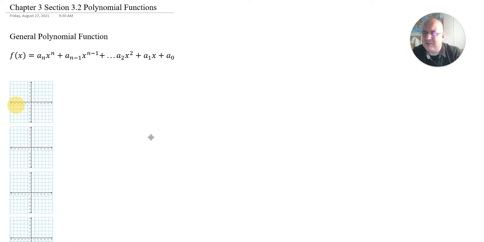This is Chapter 3, Section 2.1, Polynomial Functions. It's really an introduction to polynomial functions. And so the first thing I want to talk about is just this notation